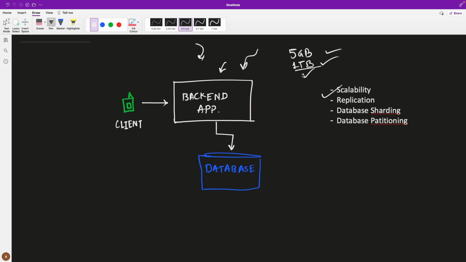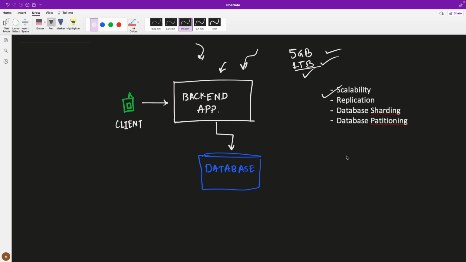At some point in time, you'll have to think about redesigning your application so that you don't have to add hardware again and again as your system becomes popular. This approach is called vertical scaling, where we throw more and more hardware whenever we get more and more requests in the system. But vertical scaling has certain limitations. The first one is you cannot always keep on adding more and more hardware because you have the limitations of the resources, be it CPU, memory, disk, network, bandwidth, anything.